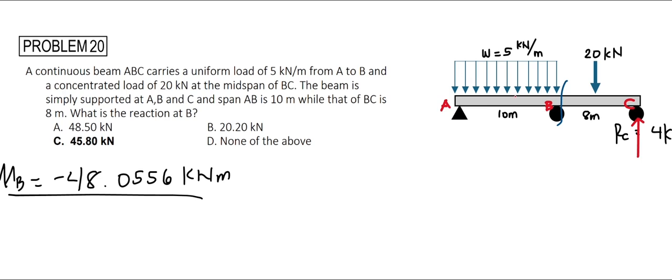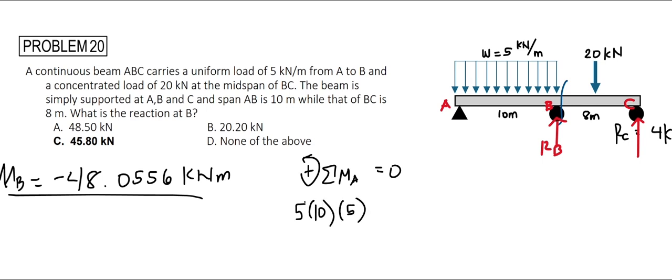Now to solve for the reaction at B, we consider the whole beam. Let's call this reaction R sub B. And by taking summation moment at point A equal to 0, considering counterclockwise to be positive, we can solve for R B. We have the moment induced by the uniform load that is equal to 5 times 10 meters to get the resultant, multiplied by the moment arm distance of 5 meters. And the sign convention here, since counterclockwise is positive, and this uniform load would induce a clockwise moment, so it's negative. Minus the moment induced by the 20 kilonewton force times the moment arm distance of 14 meters,